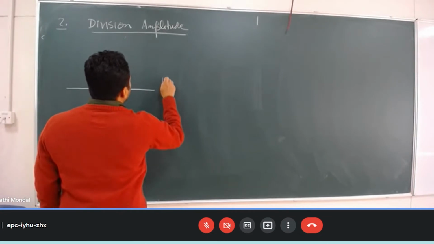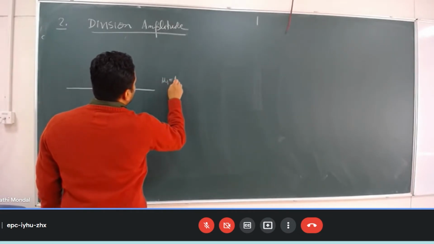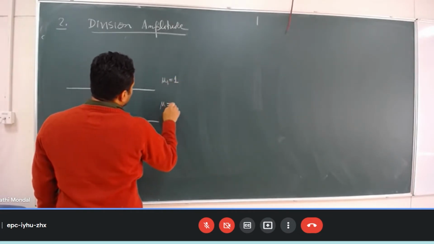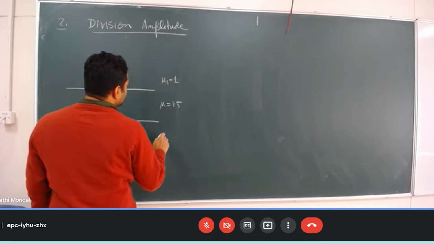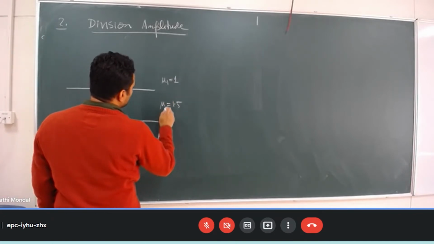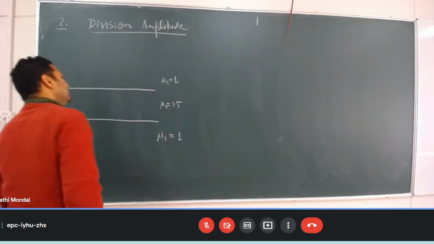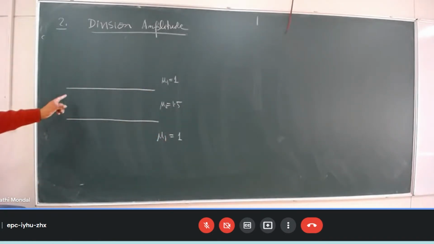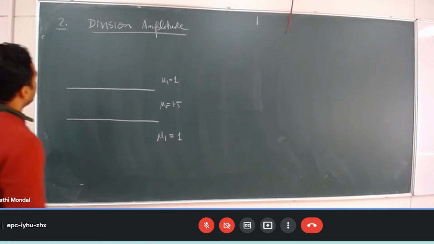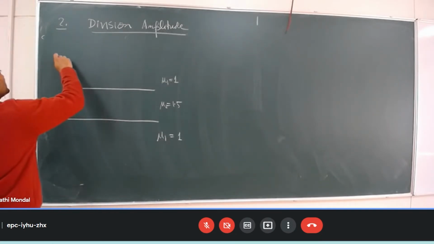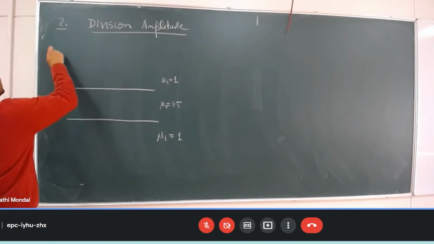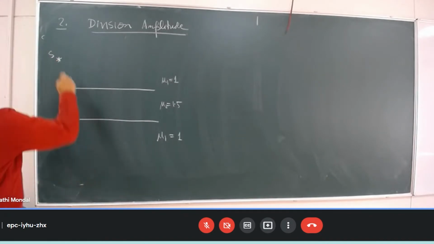Let's say mu1 is air, this is glass with mu2, and again you have mu1, which is air. Now if I put one source here, let's say a monochromatic source,